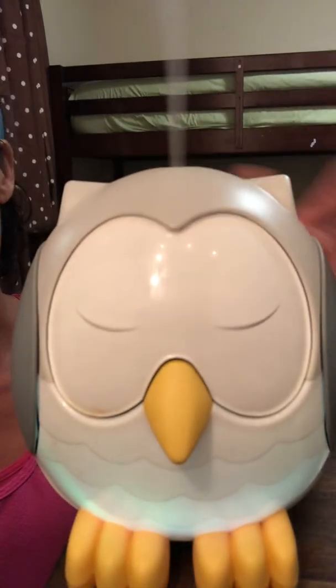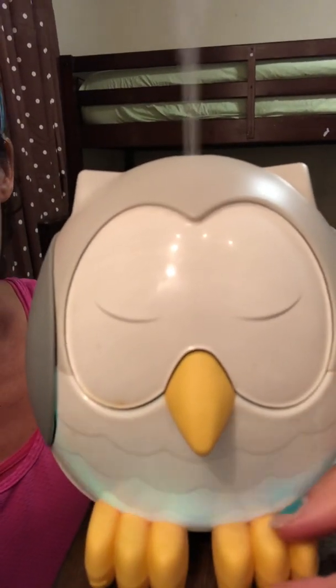Meet my friend, Feather. I love Feather the Owl as a diffuser in my kids' bedrooms, and I even have one in my office. So he actually acts as a diffuser and a humidifier, and he is just adorable. So his feet are how you change him, and you can change his lights, but then listen to this in